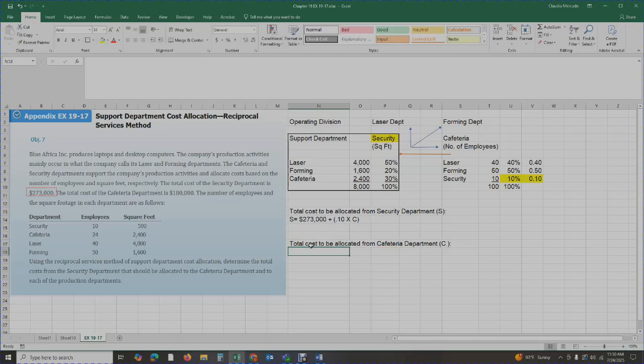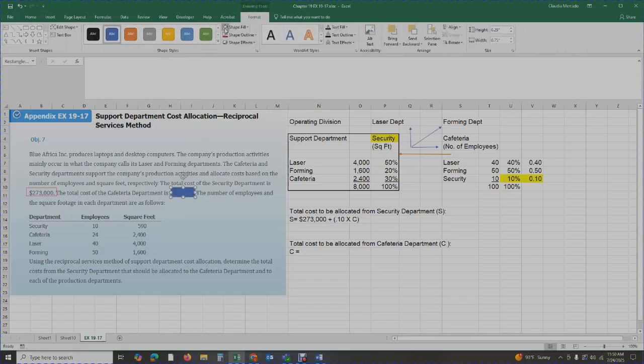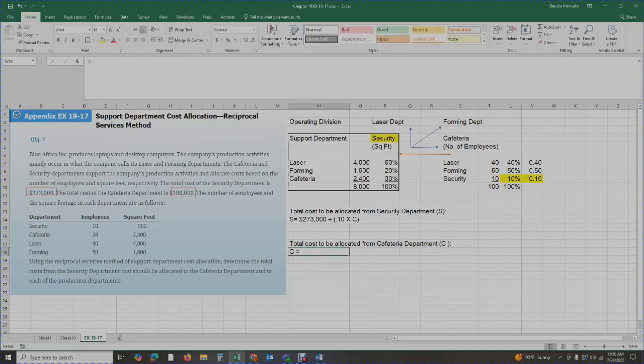So the cafeteria is going to equal the cost of the cafeteria. Remember, we always look to the problem. The cafeteria cost is $180 right there. So we're going to get the $180